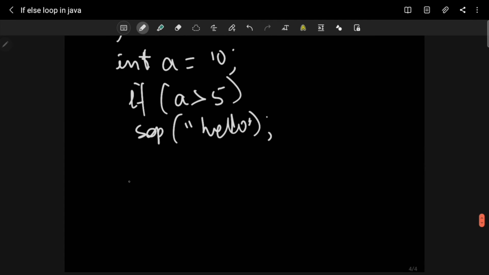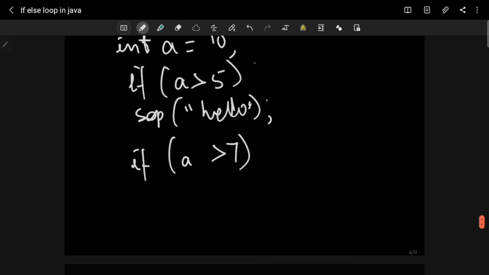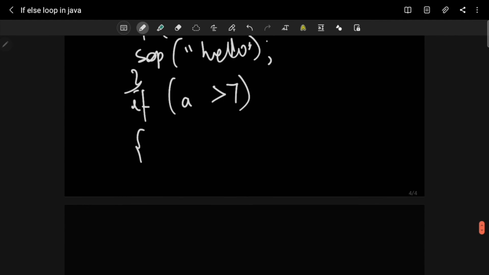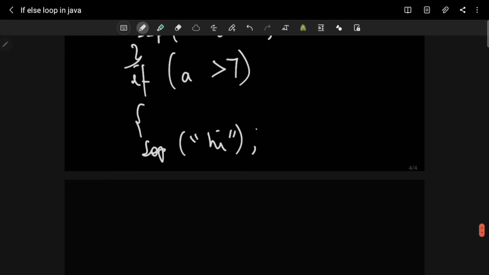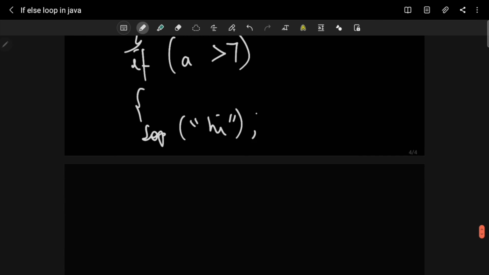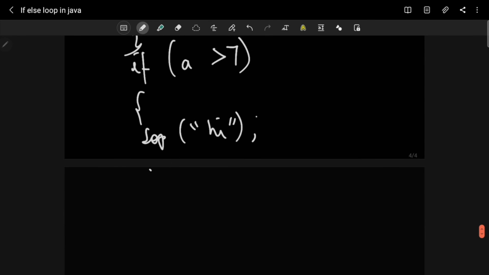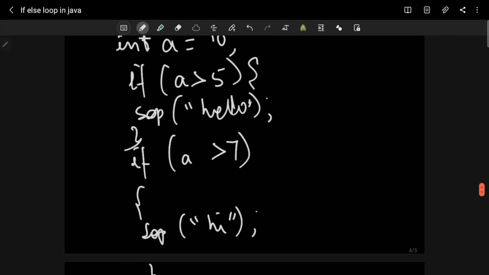Then I'm again using an if statement. If a is greater than 7, then I want hi to be printed. Okay, so what will be the output here? What do you think is the output?